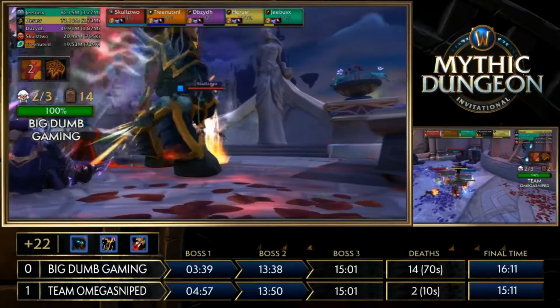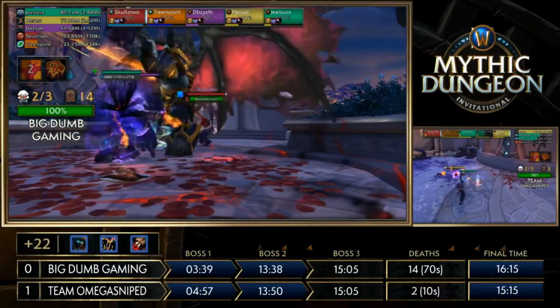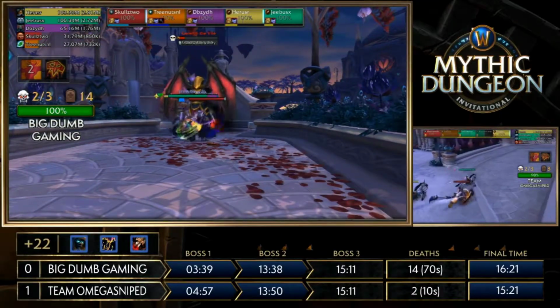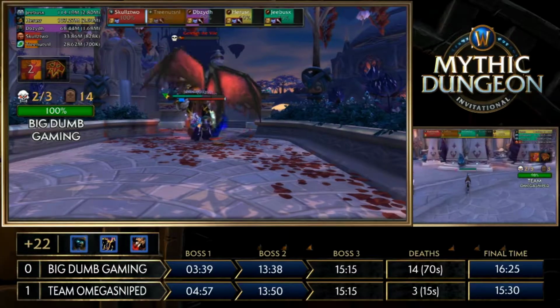And then we move back into Big Dumb Gaming's court, and you start asking yourself the question, because obviously this was their map pick, what if that pull worked? They're going to have a death, too, on the side of Team Omegasniped, but what if that pull worked? What if they didn't have those 14 deaths right now? They would be smoking them right now,